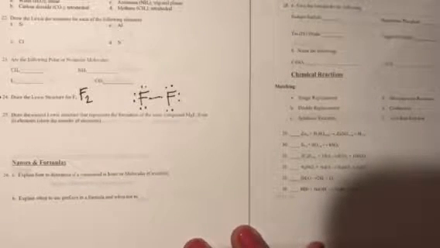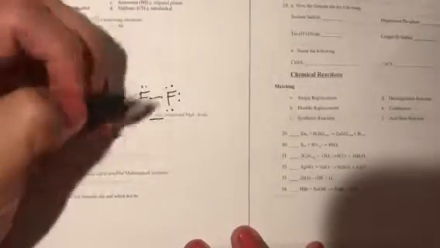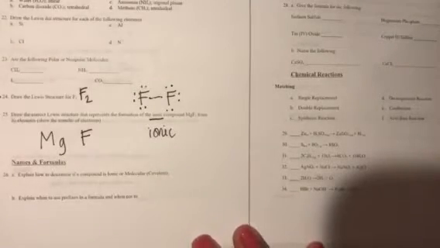That's 24. So now we're going to move on to 25. So it says draw the Lewis dot structure that represents the formation of an ionic compound MgF. Okay, so we have M, G, and F. And it's telling you it's ionic. Does ionic share or does it steal? It steals. Okay, if you had a choice between ionic and covalent, I should have given you your other option,